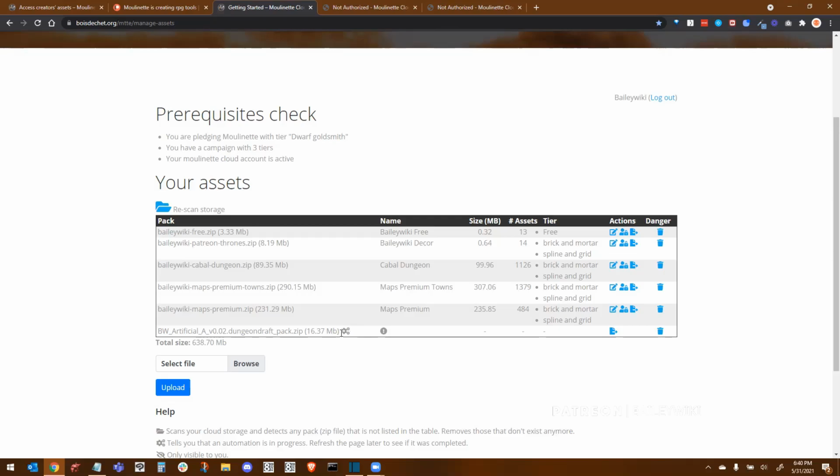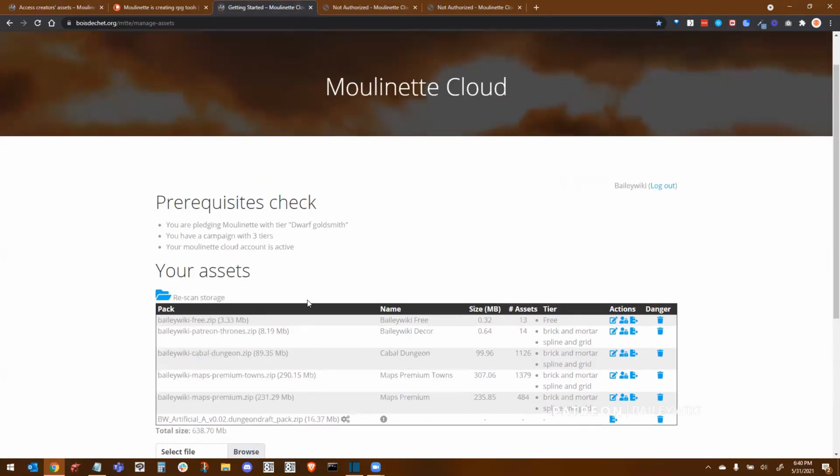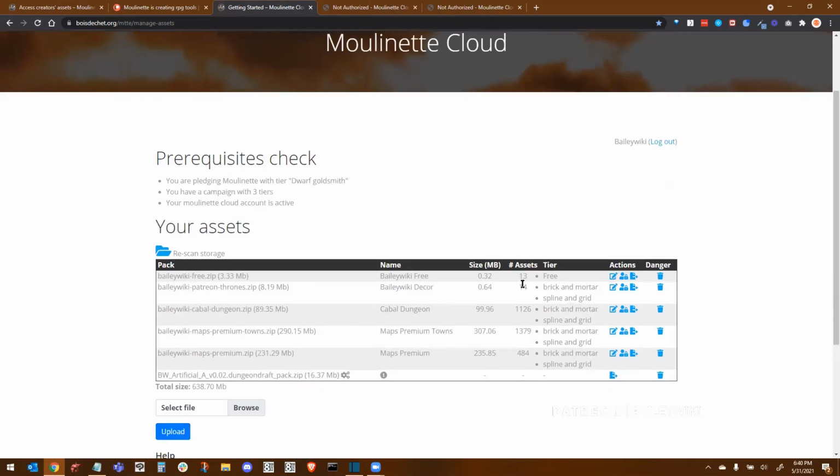You can upload zip files, you can upload modules like I have, and you can upload Dungeon Draft Packs. It'll handle any of those things. And while it's working, it might take a few minutes. You can come back here and refresh, and eventually this gear goes away, and you'll be presented with these options. So one of the first things that we can do